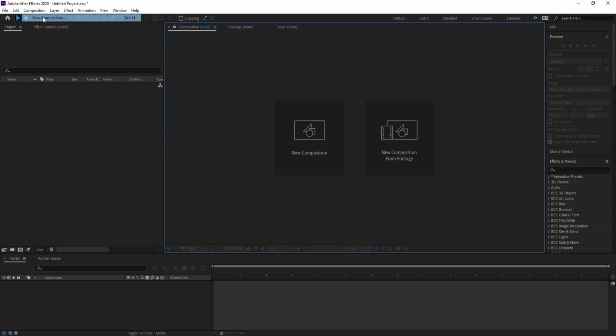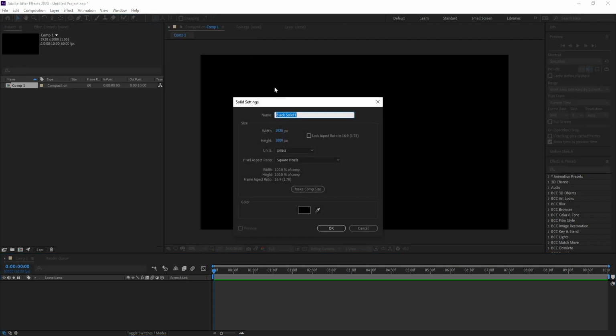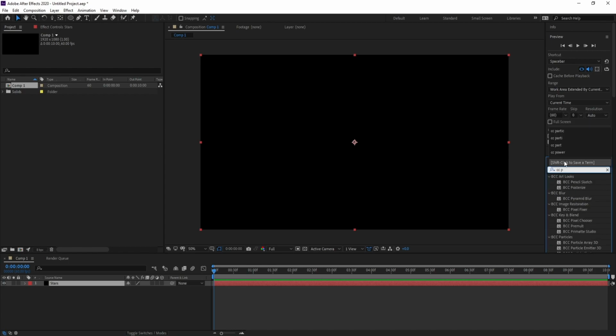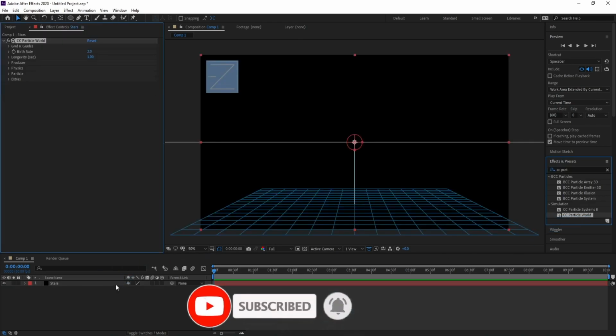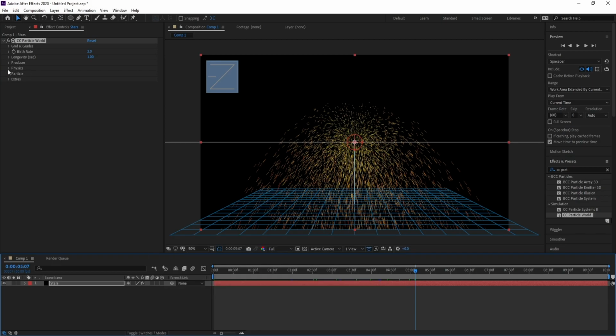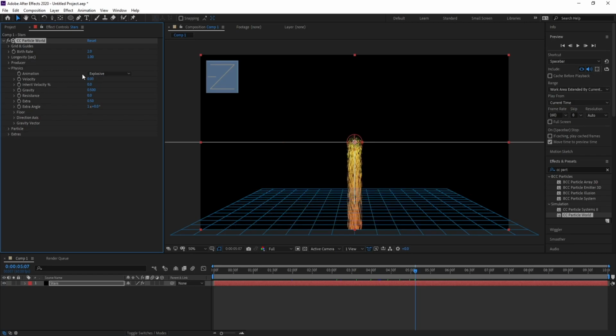First create a new composition, press OK, go to layer, new solid and I'll call it stars. Then press OK. Go to effects and presets and type CC particle wall, drag and drop, and here we go. Okay, I'll go to physics and velocity down to 0 and also gravity down to 0